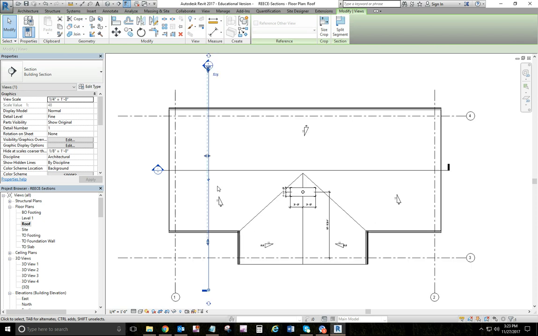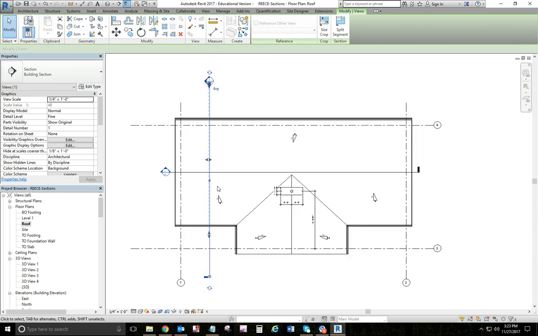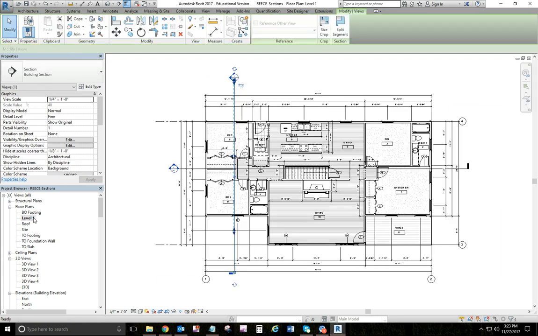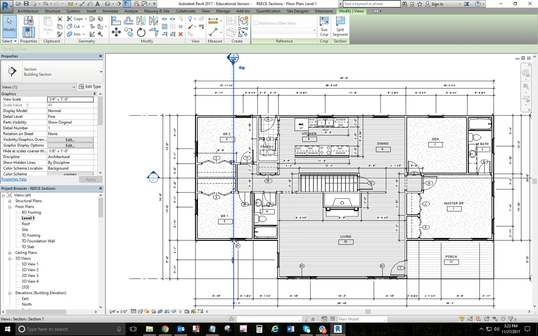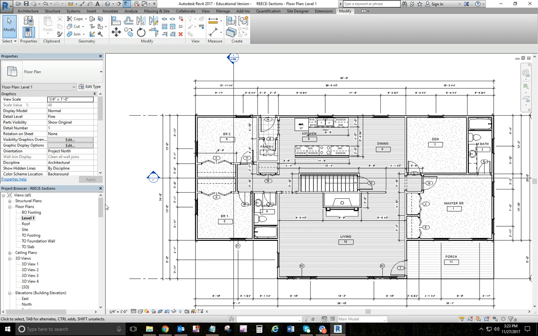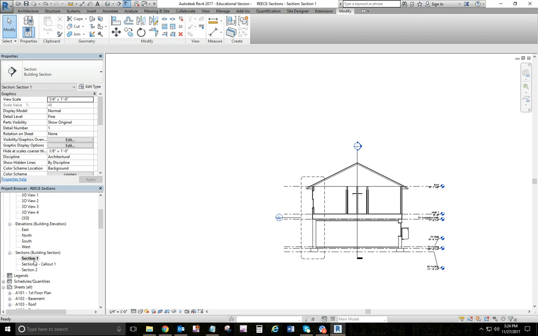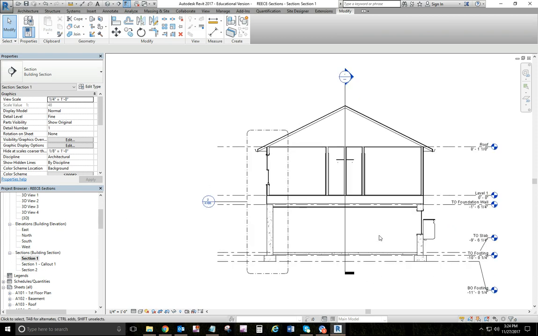And in the same way with this one, you notice the direction that we're going to go with this one. I've moved it and lined it up here on the floor plan so that it's picking up one window, but it's just going through walls and the other stuff, not through any doors or anything like that. Because this is what we're going to work with on our typical section details. And it doesn't matter if they're called section 1, section 2. It doesn't really matter. But they're going to show up here,